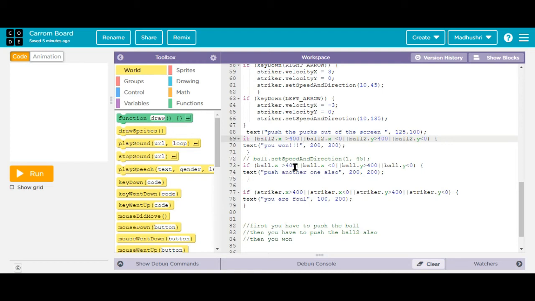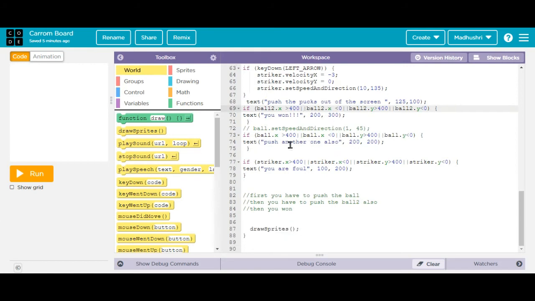If ball 2 dot x is greater than 400 it will be coming, and if ball 2 dot x is lesser than 0 it will be coming u1, like that only. Same as for this one, for ball also we are just putting. So this is ball 1 and this is ball 2, right? When we push this one outside, then we have to push this one also, then only it will be coming as u1.